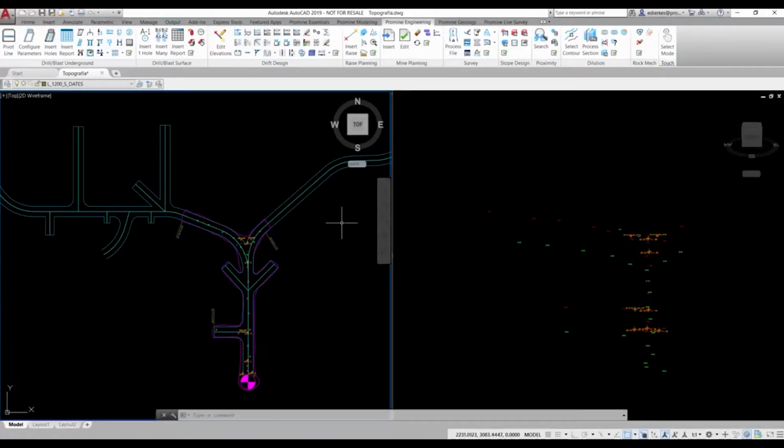This module allows to easily import survey information into AutoCAD. It can be found in the engineering category of ProMind, and this video will give a short overview of its main functions. Let's start with this drawing in which we can see the planning of one level and the survey